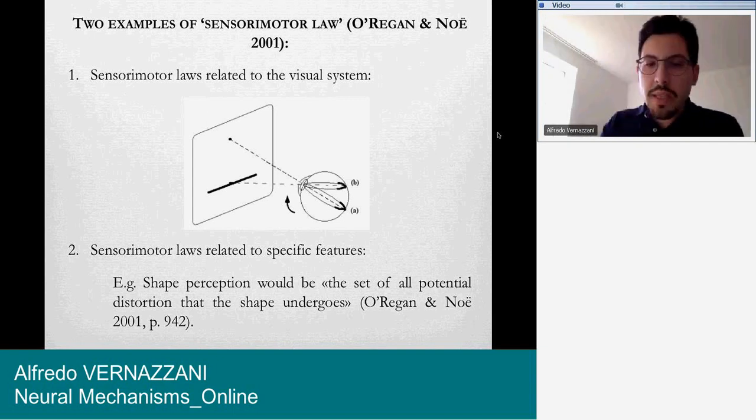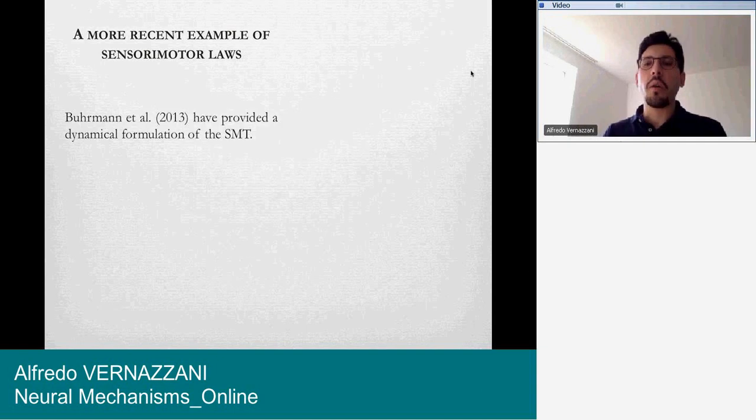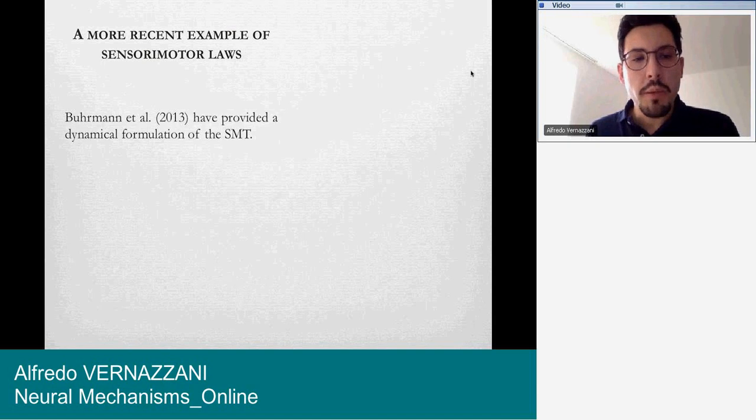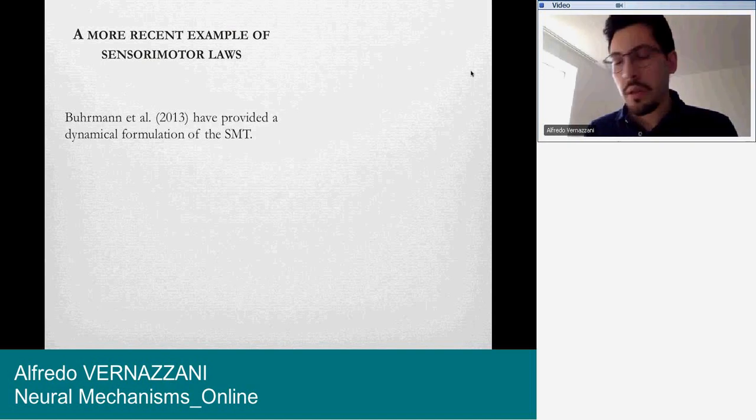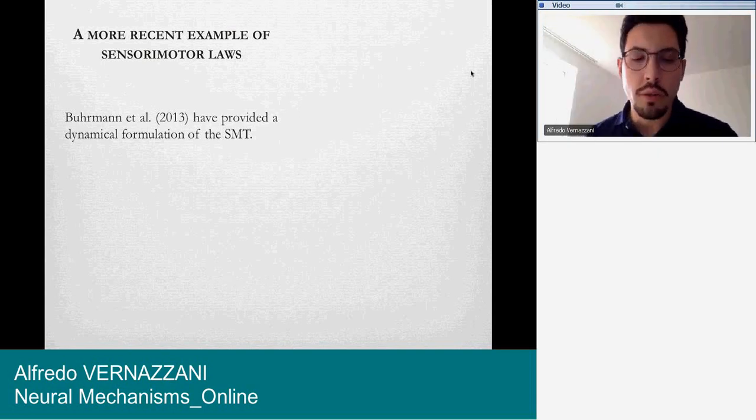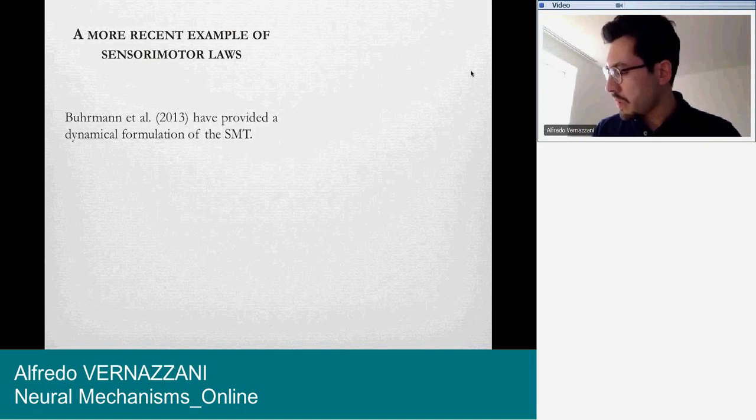But now let me also examine a more recent example of sensorimotor theory, because in a paper published a few years ago, Bermejo and others have tried to provide a dynamical formulation of the sensorimotor theory. Now, I will use the previous two examples as well as the Bermejo and colleagues minimal model as a kind of foil to elucidate the explanatory structure of the sensorimotor theory and to explain also why it conforms to a covering law account of explanation. Now, this paper is illuminating for many aspects, I think, because first of all, Bermejo and